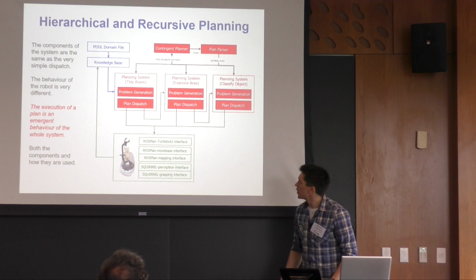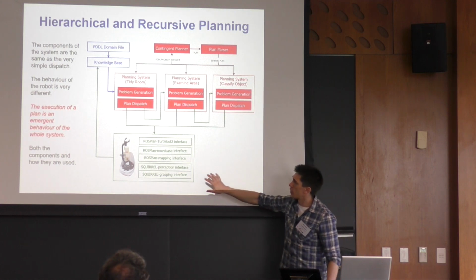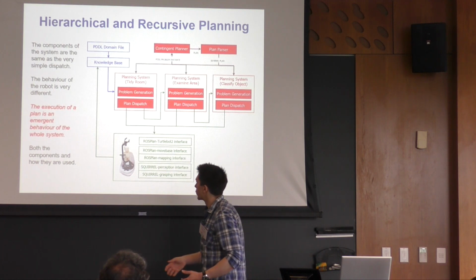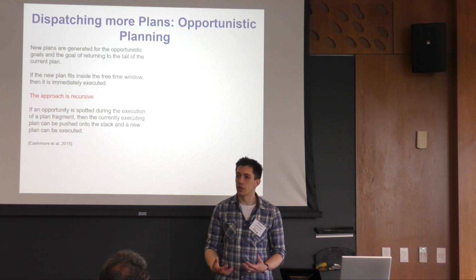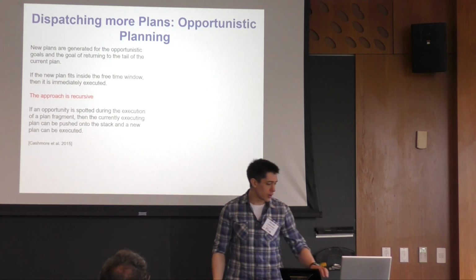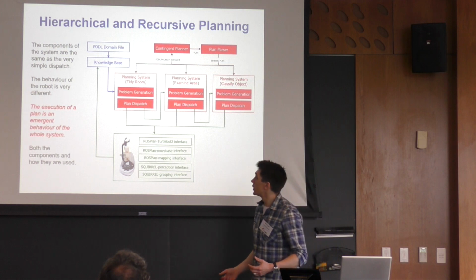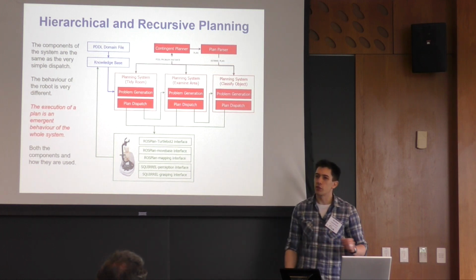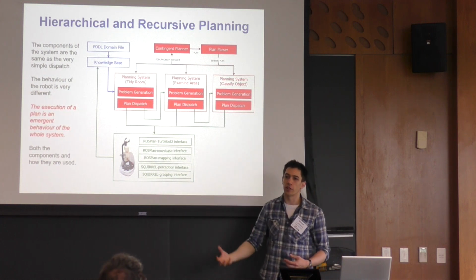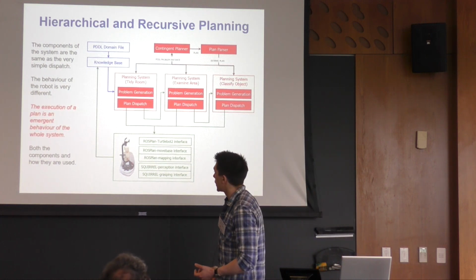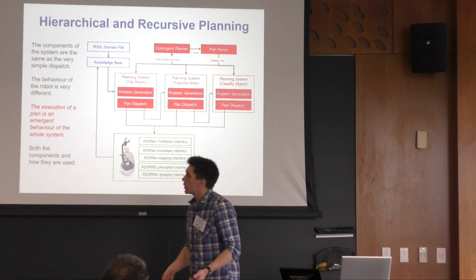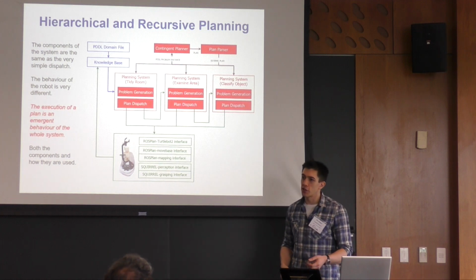Okay, so one thing to note is that none of these boxes are new. We had all of the code available already, and all of the code on the board, the robot, to perform the individual actions was already written. We just had to link them all together. But that itself is not a trivial step, and just by changing the way in which these different components called other components, we've completely changed the behavior of the system, and are able, in fact, to solve problems that we couldn't possibly solve using the very simple dispatch I showed earlier.